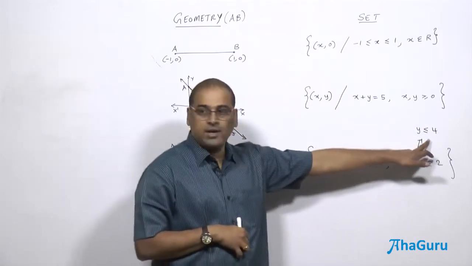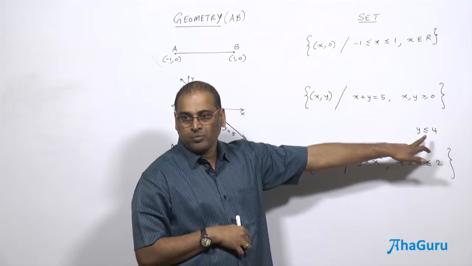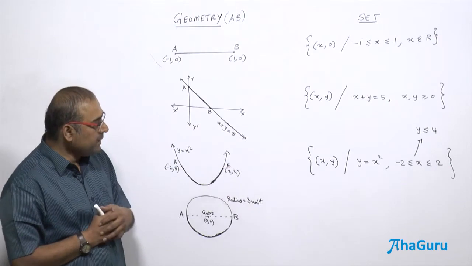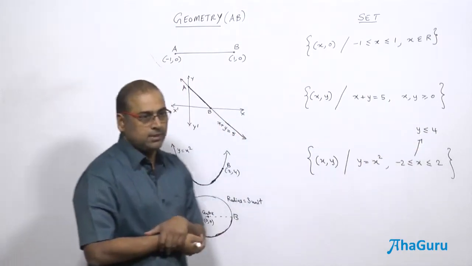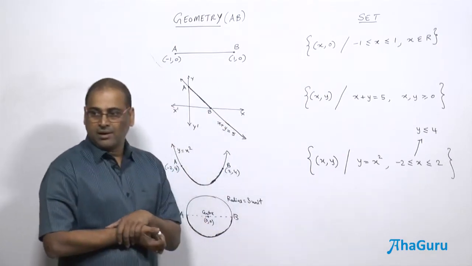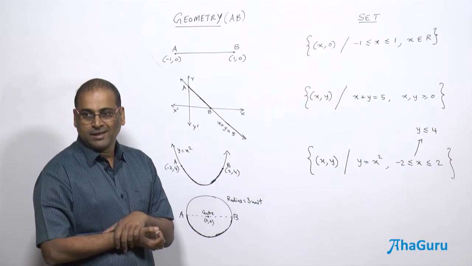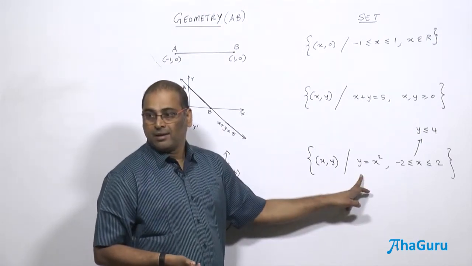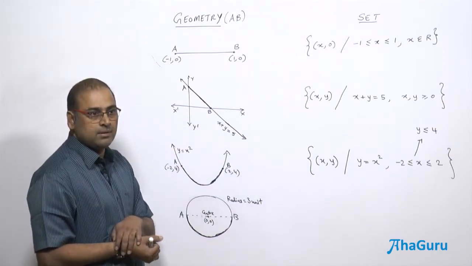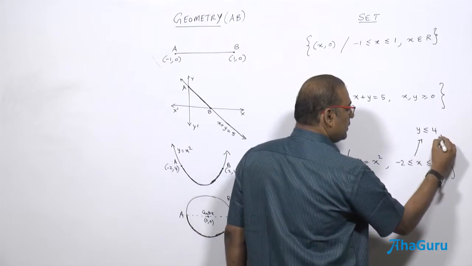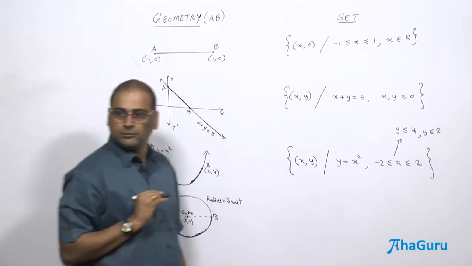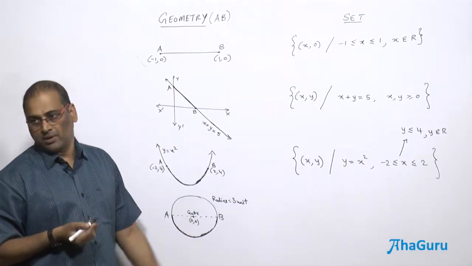Because if you simply write y ≤ 4, y can take negative values. Correct? This picture will not be. So the real algebra will be, if you write this, you may have to write that reals. In this case, you need not write, because if x is real, y is going to be real. But if y is real, x need not be real. Why? Because if y is negative, then x will become imaginary. Are you able to understand? So if you replace this, then you may have to say this, or x belongs to real, or both x, y belong to real.